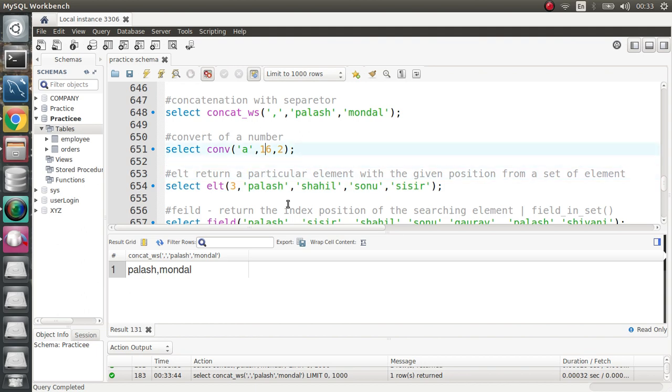Convert of a number, so A is in format of hexadecimal, will convert it to binary format, so the representation will be 1010. Now